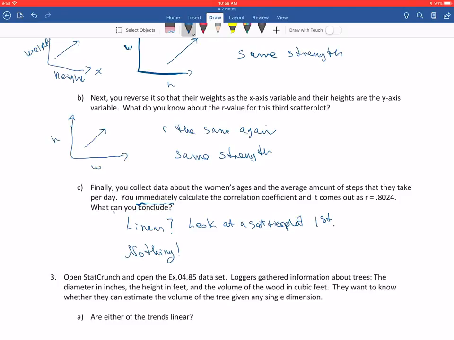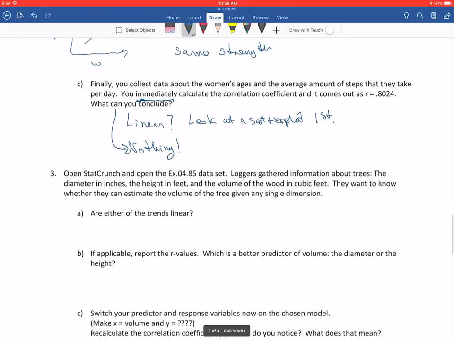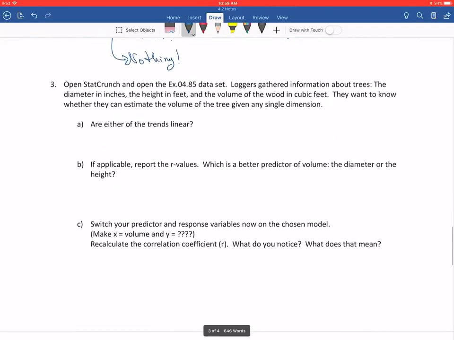So what can we conclude right now? Nothing. We can conclude nothing. I can't say this is a strong relationship or a weak one because I don't even know if it's linear. Okay, the rest of our example